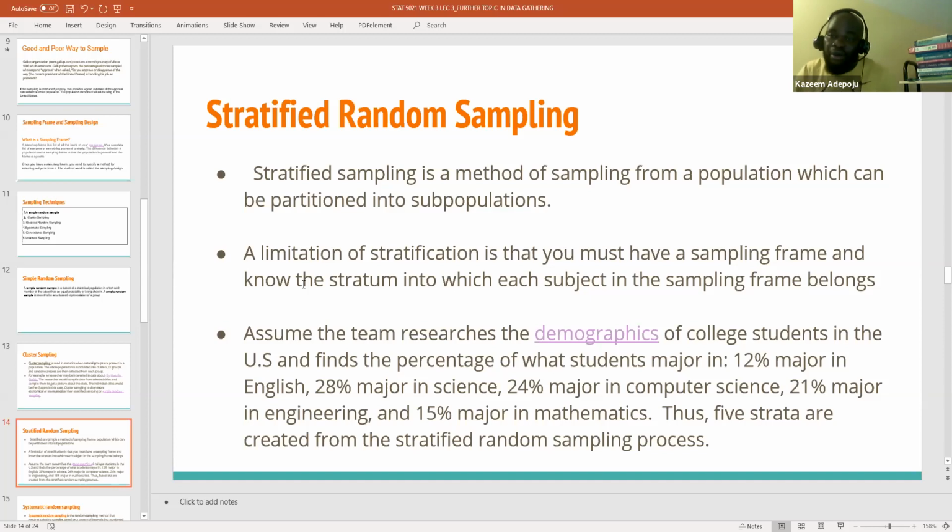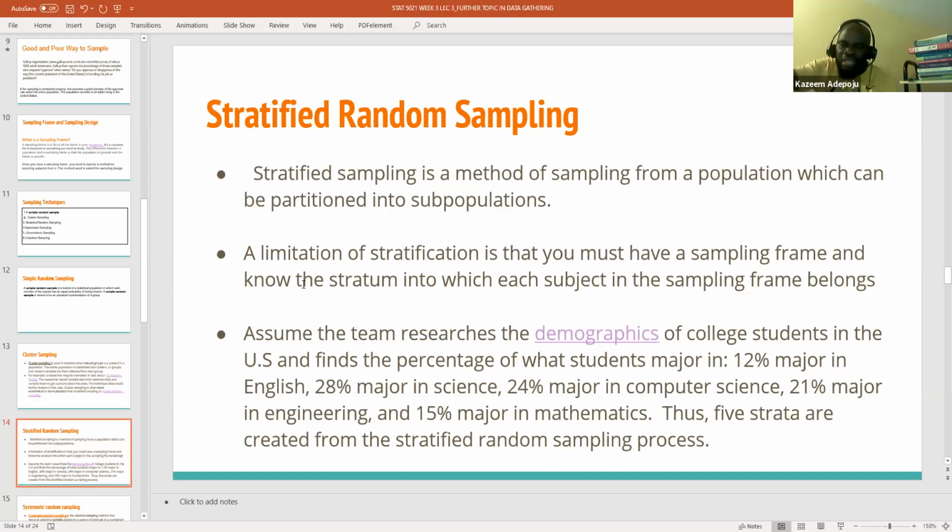Although there is a possibility that one discipline may have more students than others. And that is the reason why, we have three ways to do that in stratified sampling. There's something we call equal allocation, something we call proportional allocation, and something we call optimal allocation. But most of the time, what people normally use is proportional allocation. After stratifying the respondents into various strata, if I want to choose a random sample, I'm going to choose more from the subgroup that has a lot of respondents, and take fewer samples from a subgroup that has